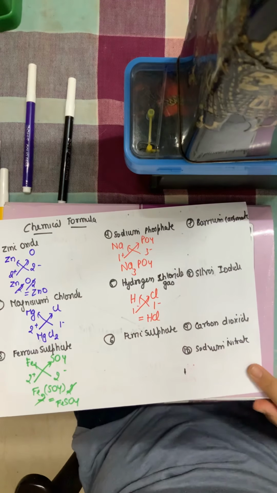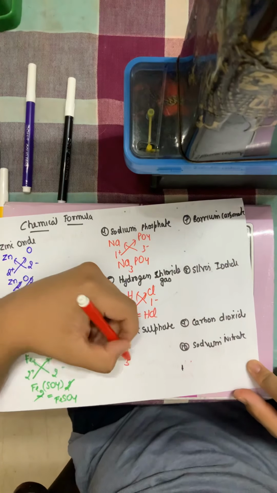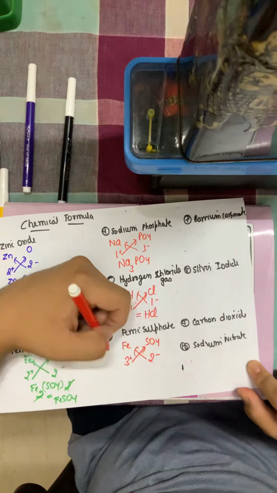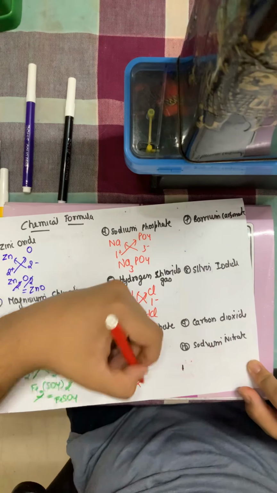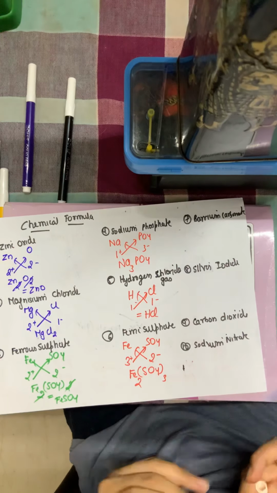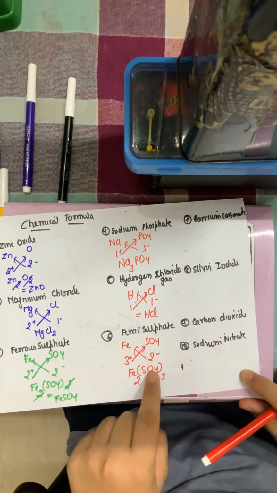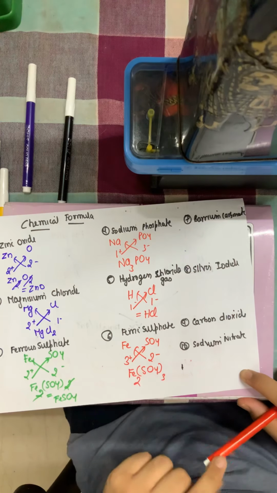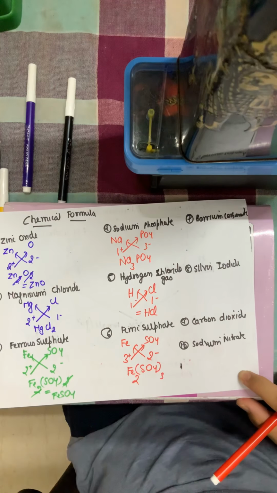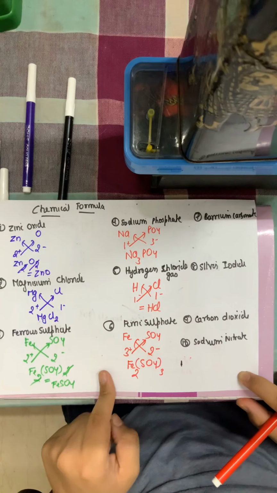Ferric sulfate. Now what is ferric? Ferric means iron with a valency of 3. So iron with a valency of 3 plus, and sulfate becomes SO4 2 minus. This is an important formula. Exchange: iron, Fe becomes 2 and SO4 becomes 3. Now what is important is why again I have put the SO4 in the bracket, because (SO4)3 means 4 into 3, 12 oxygens, and 3 into S, 3 S's. The 3 is distributed to sulfur also and to oxygen also, because SO4 has 2 elements, S and O, and the 3 is distributed to both of them. Okay.